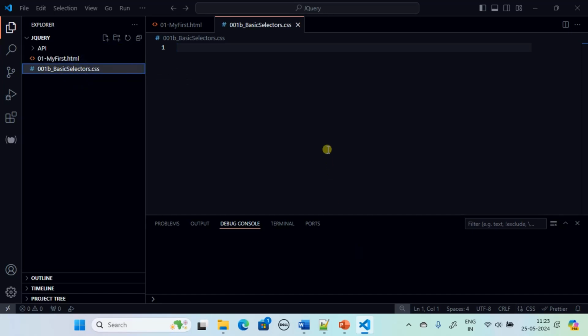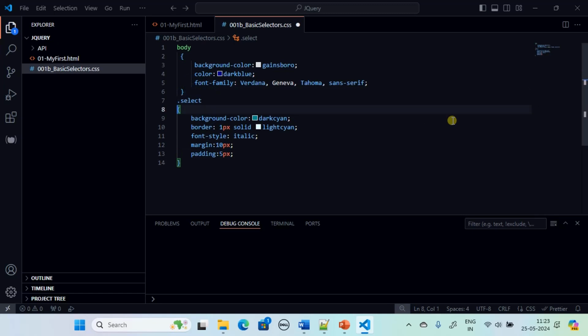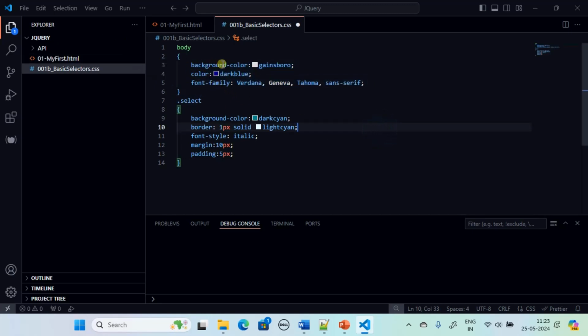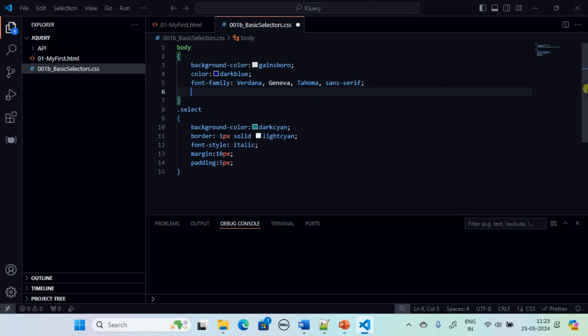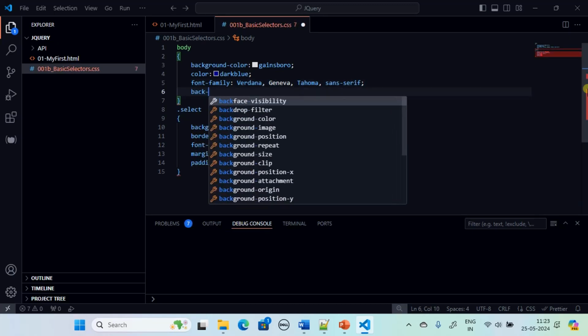As already explained in the slide, here we created 2 selectors, right? So again here we just copy pasted the code, but if you type, you will see a nice IntelliSense offered by Visual Studio Code. So let me type here and you can see background,